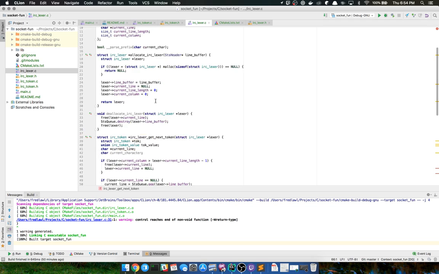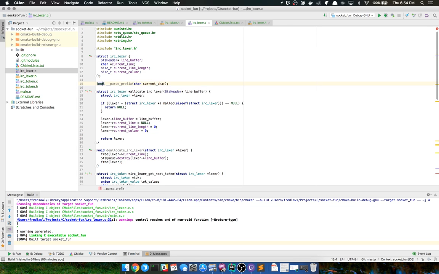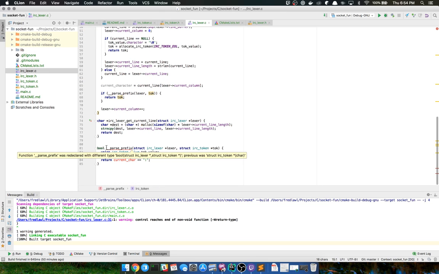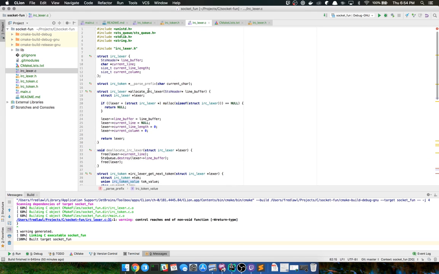I think I'm just going to check for null. So it's going to return a pointer to that IRC token, and then I'm going to update this to reflect that. Am I missing something? Parse prefix.